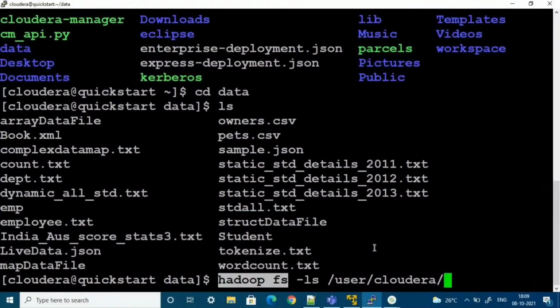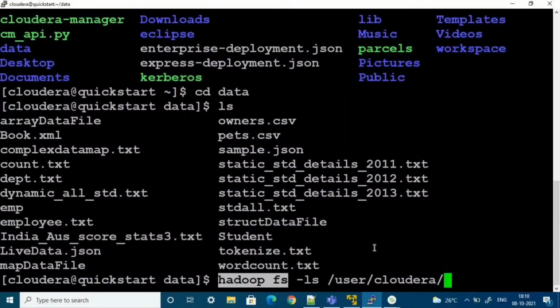If you are not giving hadoop fs and you give ls directly, it is a Linux command, not a Hadoop command. So now we know which one is a Linux command and which one is a Hadoop command. If it starts with hadoop, it is a Hadoop command. If you start directly with ls or cp or something, that is your local file system Linux command.